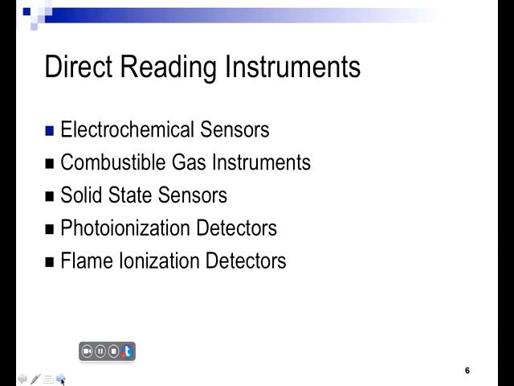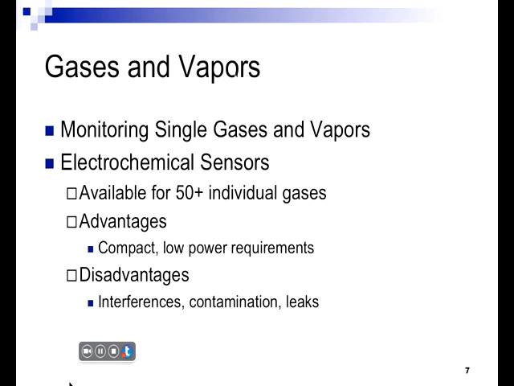Now, what different classes of direct reading instruments are out there? I've got a few listed here that are discussed in the chapter that I provided you to read. This is not an all-inclusive list. This is just a sampling, but it gives you a general idea of the type of principles that direct reading instruments operate on. I have the list here: electrochemical sensors, combustible gas instruments, solid state sensors, photoionization detectors, and flame ionization detectors. Okay,